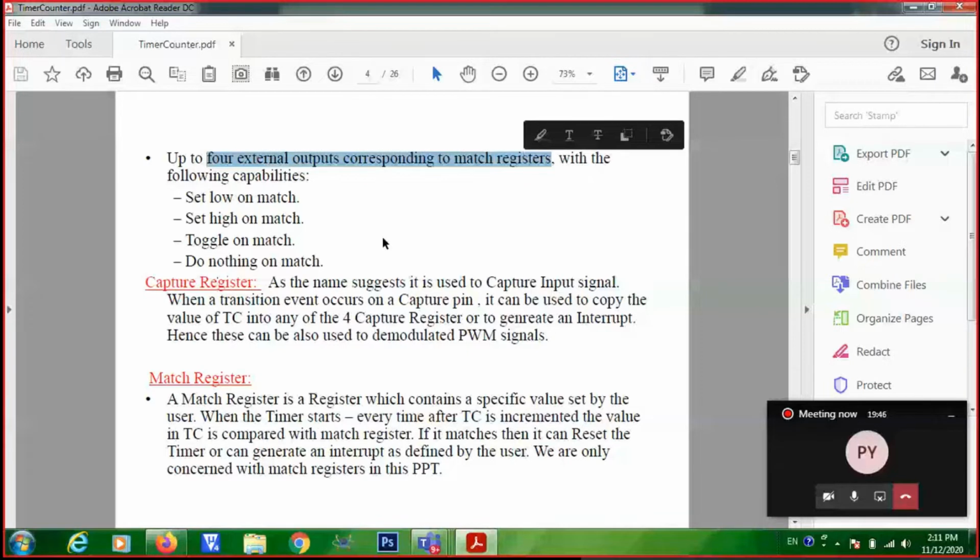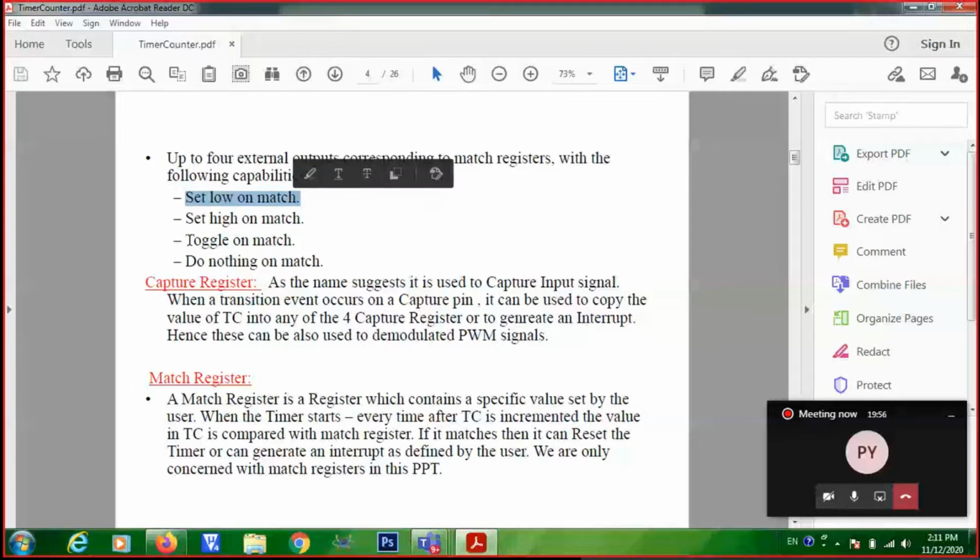You can either set a particular pin on match, set a match pin high, or set low, or toggle a pin, or do nothing. So these additional operations can also be done on a particular pin known as match pin.